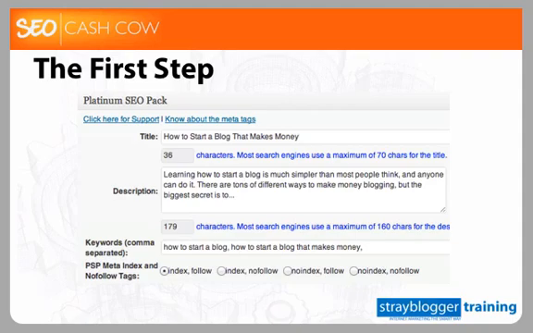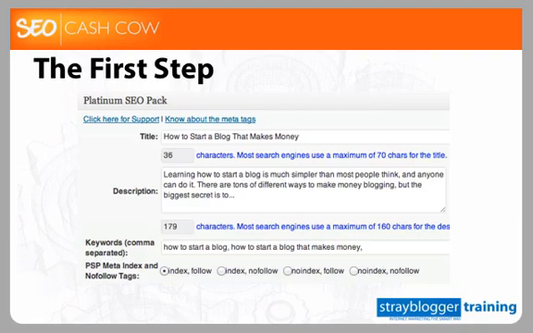Ahrefs account, which is a tool that shows me what keywords I'm getting search engine traffic for, there's all kinds of variations of how to start a blog and start blogging and start a blog, create a blog, make a blog. It's ranking and sending traffic for all kinds of variations of keywords. So that's another big benefit that happens with a keyword that gets searched a lot, and having a lot of content around it. I'm pretty sure the how to start a blog article is 2,000 words at least. Anyways, so that's the first step: you want your main keyword phrase in the title,